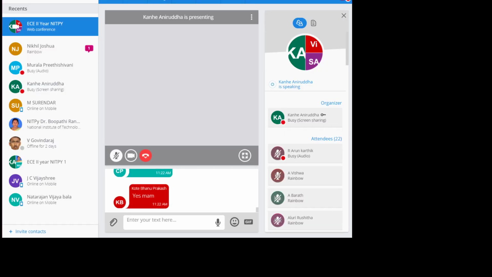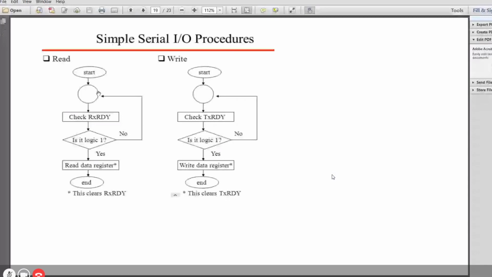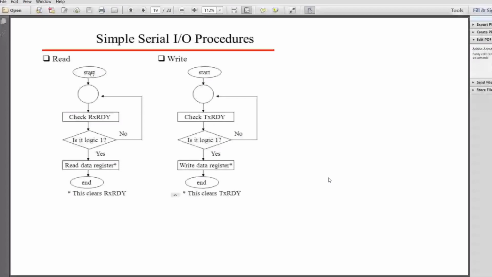So a simple I/O can happen like this. What happens in a read operation? The 8086, which is the microprocessor controlling our 8251, is reading some data from our 8251. It is getting some data, so it is like a receiver. The 8251 is actually receiving some bits through communication, and the 8086 reads it. The algorithm is: start, then check the receiver ready status.